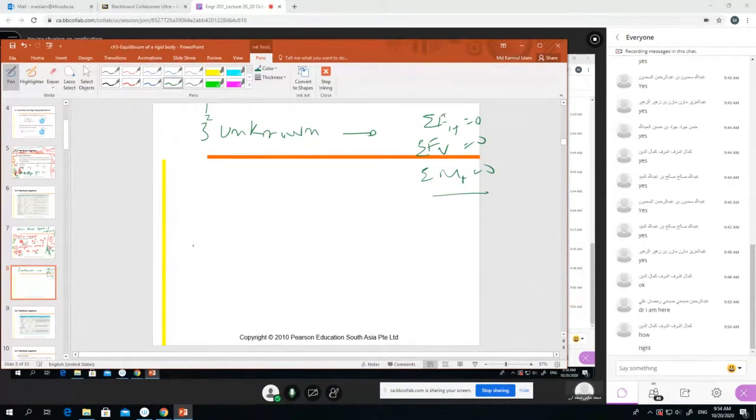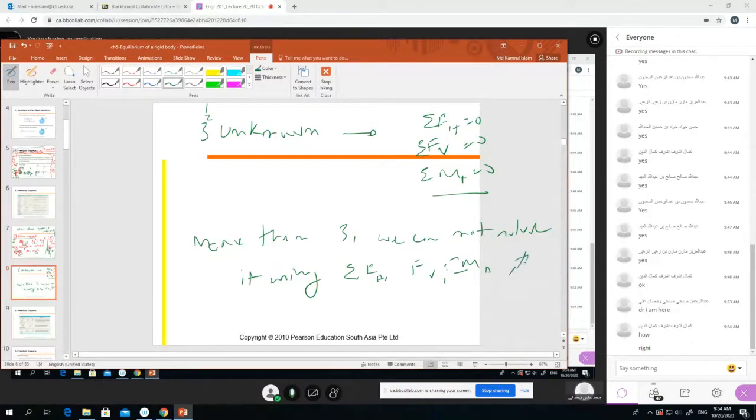But if it is more than three, we cannot solve it using these three equations. We can solve it using these three equations, right? Then what is this? Then its name. Then we say it is